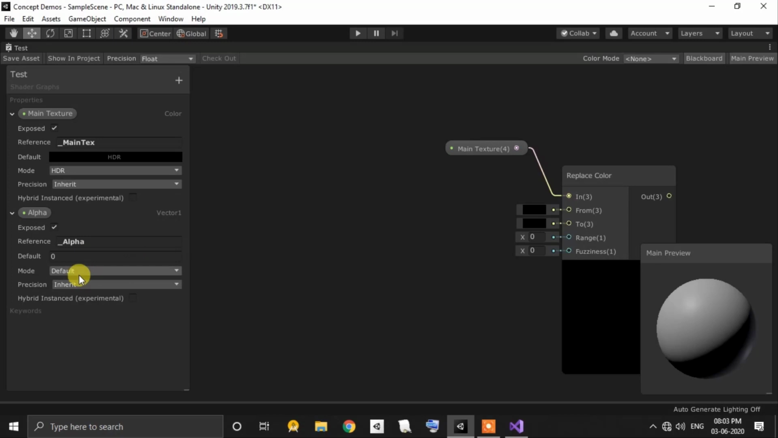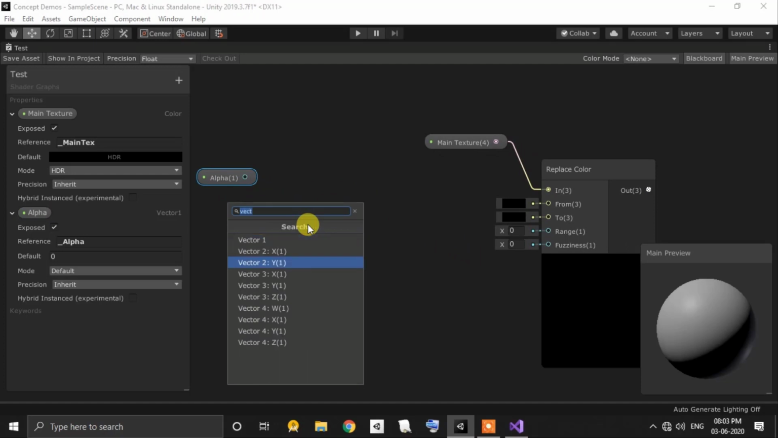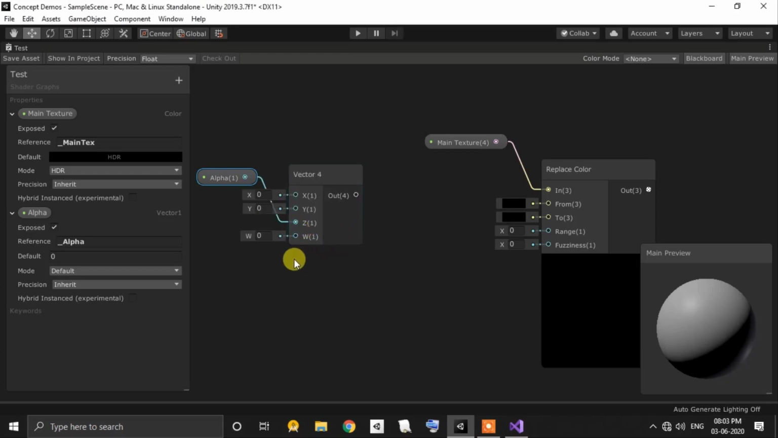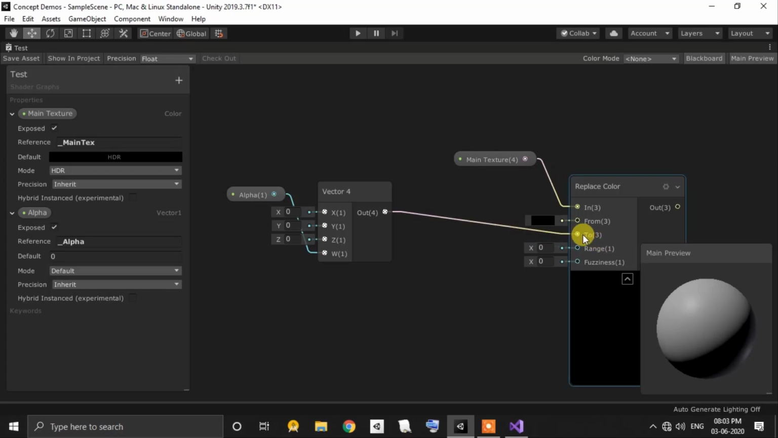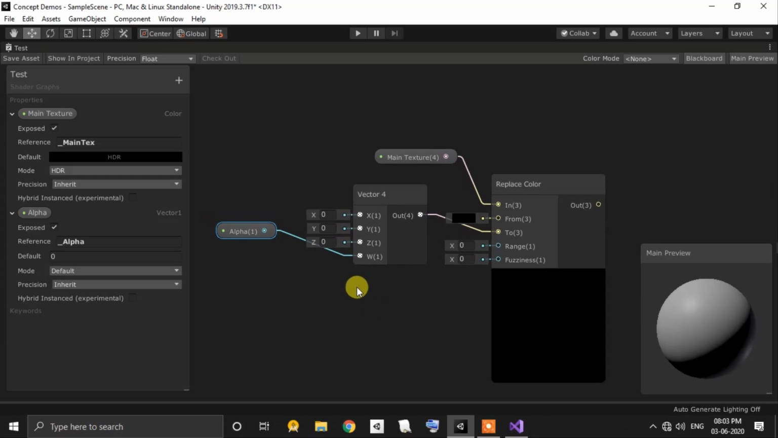Okay, take this here and into a vector 3 node or vector 4 node, but in the W1, not in the Z, and take this in here, but we will not be able to see anything. I'm just going to set this to be red. In here also red,